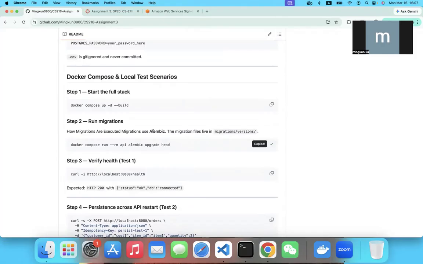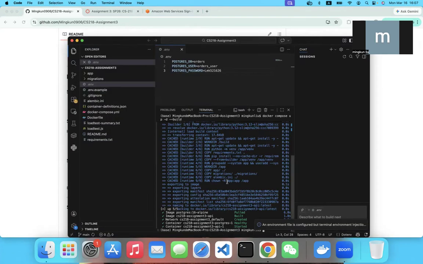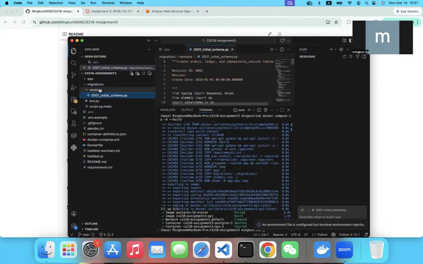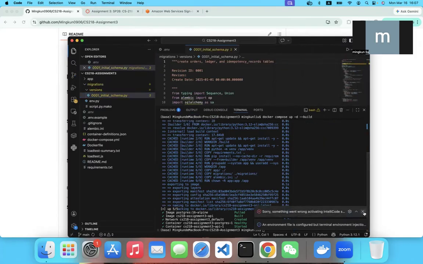So our migration uses Liquibase. The migration file lives in the migration folder and in the version folder, which is right here. Okay, now okay,